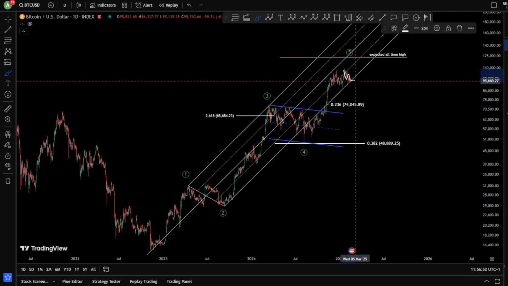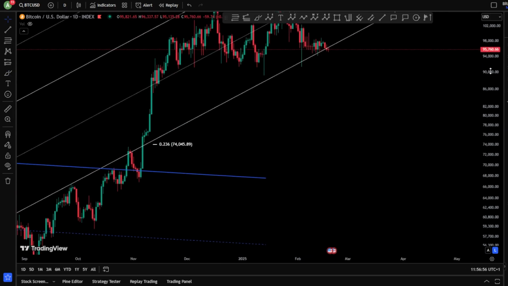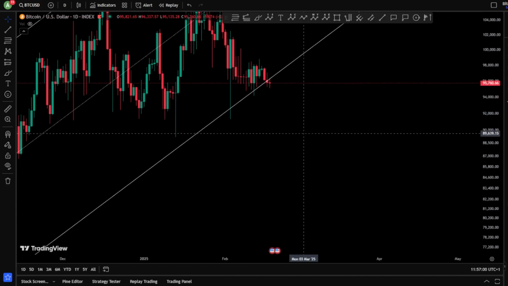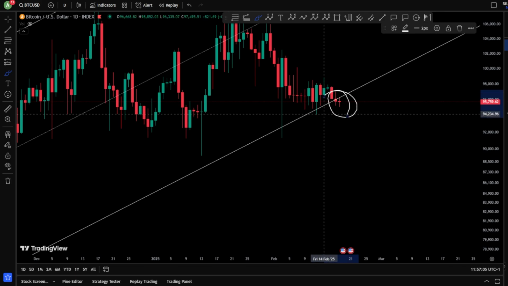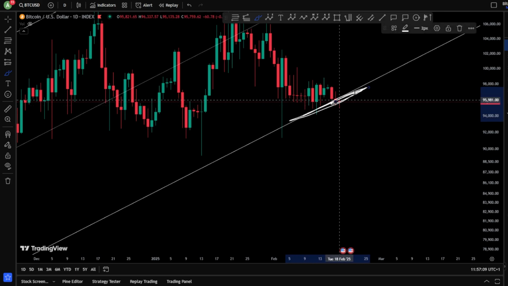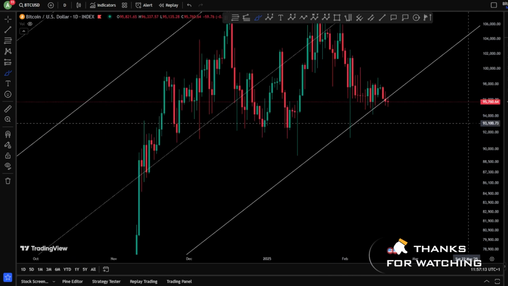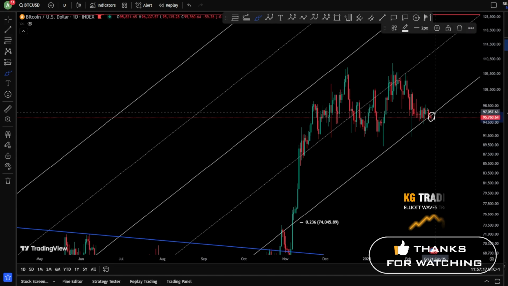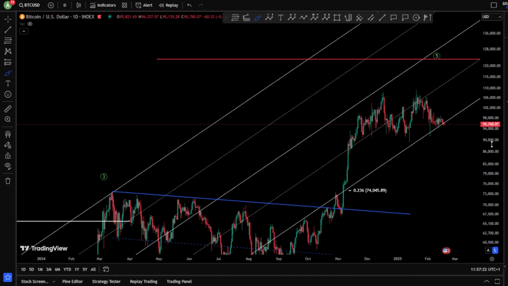And now we're ranging again, and we have to be careful because we broke outside the acceleration channel with a daily candle, and this is very important to note. A candle closing outside the acceleration channel is a very bad signal for the bulls. That is not good for the bulls, because closing a candle outside the acceleration channel means